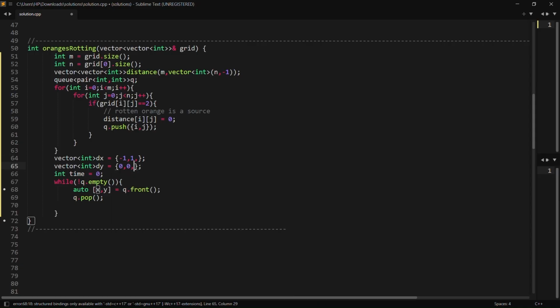Now coming to left. Left is the previous y. Right is the next y. 0 here, 0 here. For left, right, the x won't change. Fine. We have made the directions. Absolutely fine. Now,